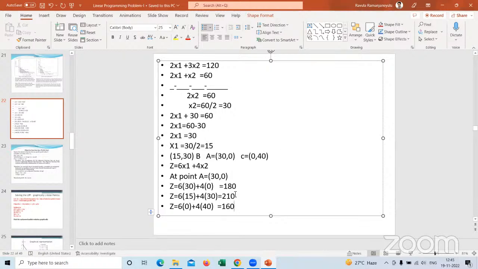Among these 3 feasible points, these are all feasible points only, meaning you are getting a profit. But where are we getting the maximum profit? At this point, we are getting the maximum. Am I right? Yes, sir. So to find out where we are getting the best solution, that is the optimal solution,